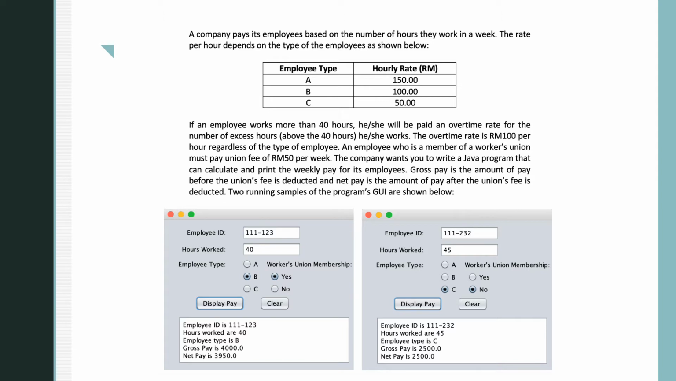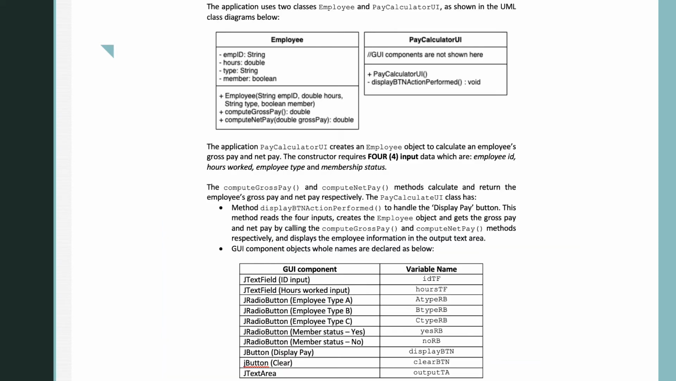In the GUI, the user can enter the employee ID, hours worked, employee type, whether A, B, C, and whether the employee has the workers' union membership or not. So when the user clicks on display pay, it will calculate the gross pay and the net pay and display it in the text area. If the user clicks on clear, then the text area and the text fields will be cleared. Continuing with the question,